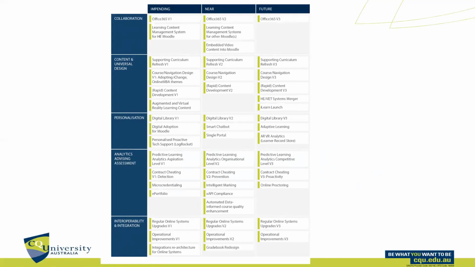And we hope they'll come back to us with use cases and personas that are fit for purpose for CQ, so we can figure out how best to implement this toolset that we already have, that we already give to our students, but we need to better integrate it for desired learning and teaching outcomes.